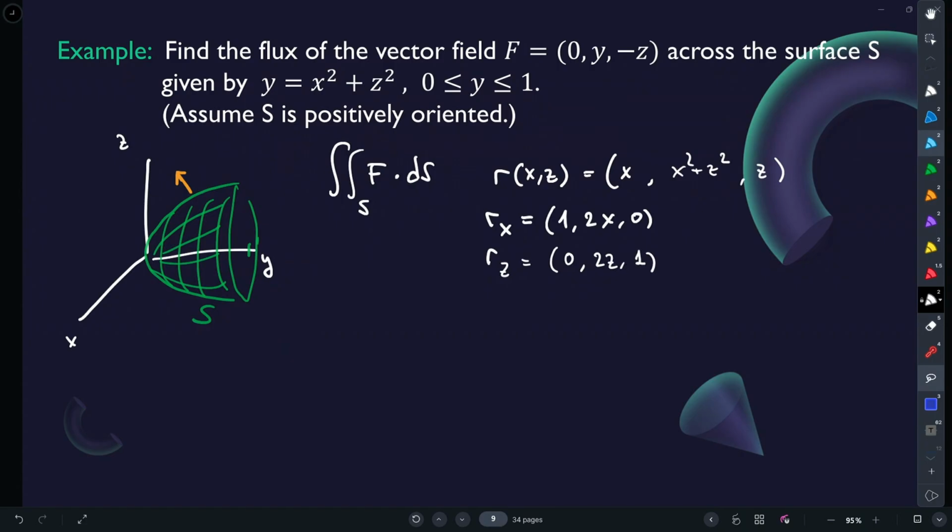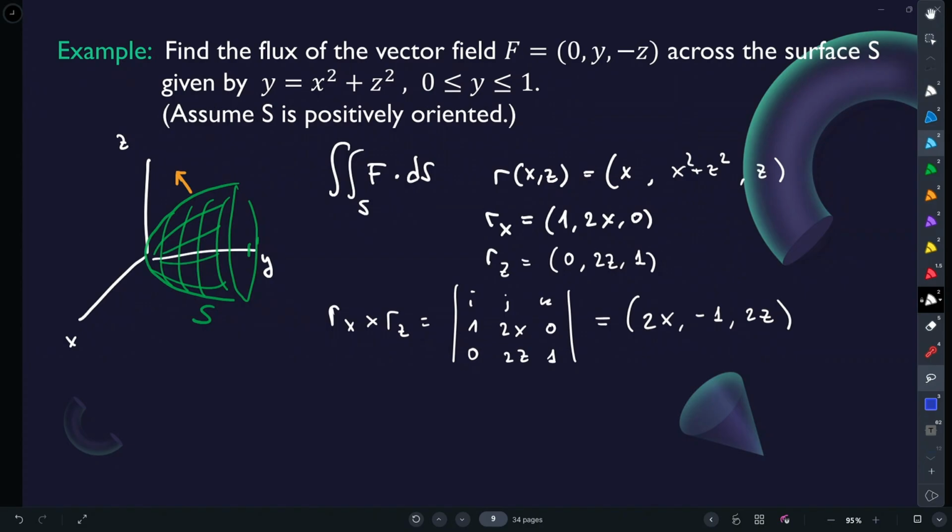Again, taking the derivative with respect to the first parameter, and the derivative with respect to the second parameter. Now I can compute the cross product of the two. That will be the determinant with i, j, k, then 1, 2x, 0, and 0, 2z, 1. And when I do that, I get (2x, -1,